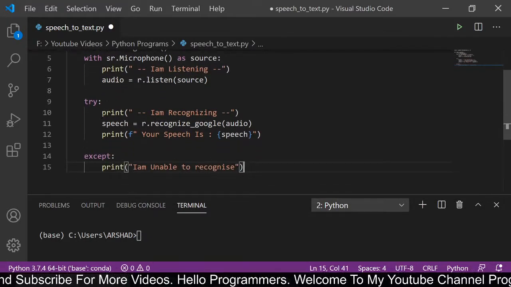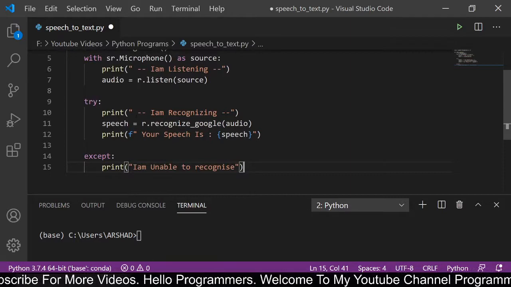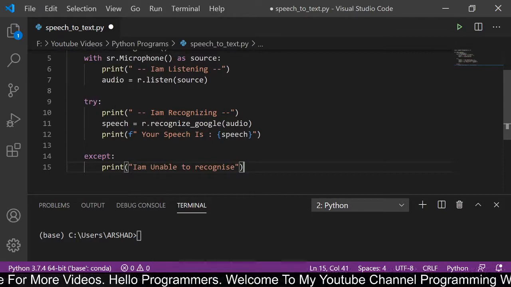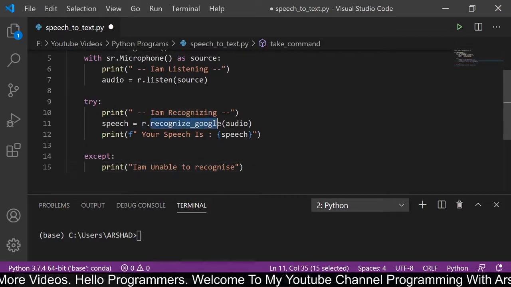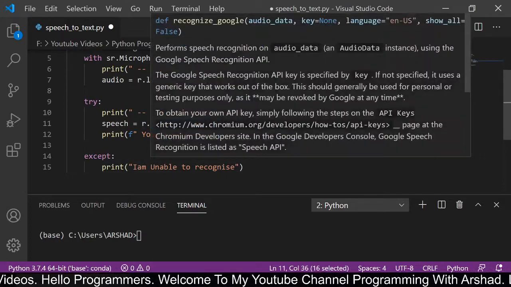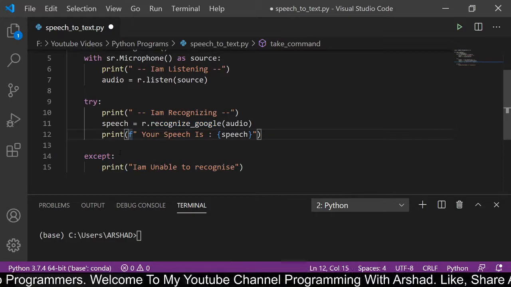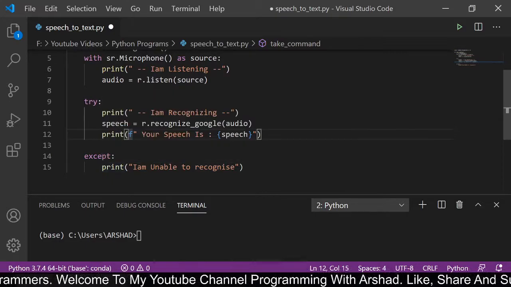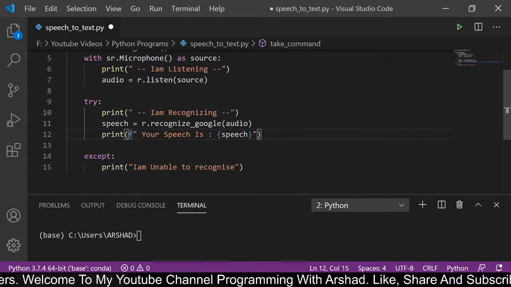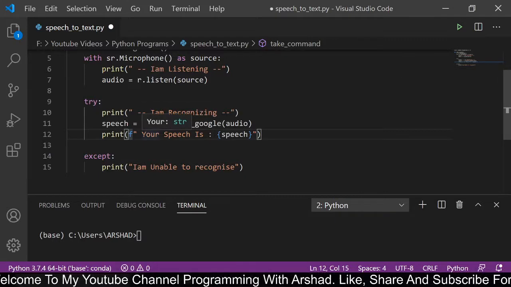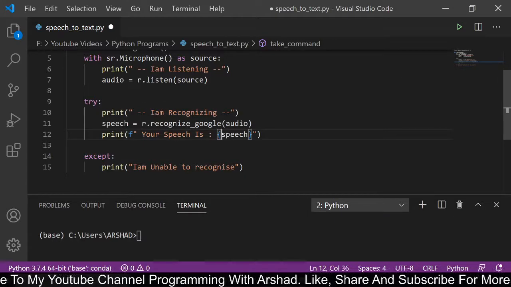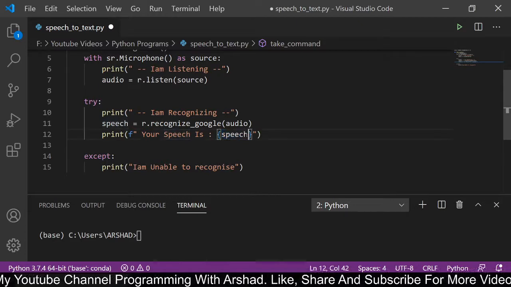This recognition needs an internet connection. If your system or laptop is not connected to the internet, then it will throw some errors. So we are using try and except here. If it successfully recognizes, then it will print your speech, whatever we said.